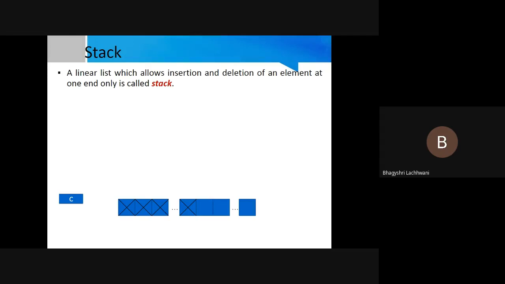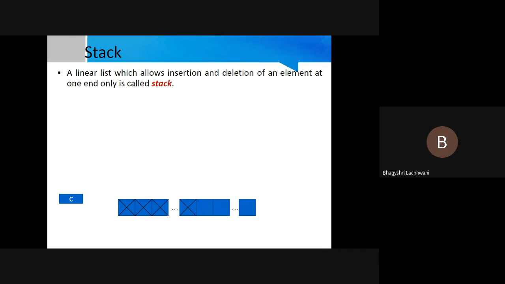So just read the definition of stack first. It is a linear list which allows the insertion and deletion of an item at only one end only. See, what example we can conclude here. Just take one conference room. Inside the conference room, five chairs are available. Five chairs, that means a maximum of five persons can come inside. Chairs are arranged in a way, just assume the conference room is vertical in orientation. That means only five chairs will be there and only five persons can sit there.